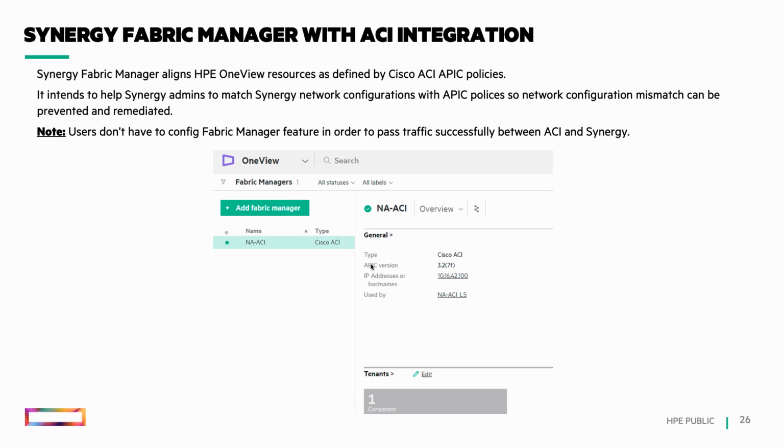Pretty much, you need to input your API controller IP address or DNS inside this Fabric Manager. It will try to log in with read-only access. After it logs in, it just needs to go under the EPG and read whatever VLAN is configured